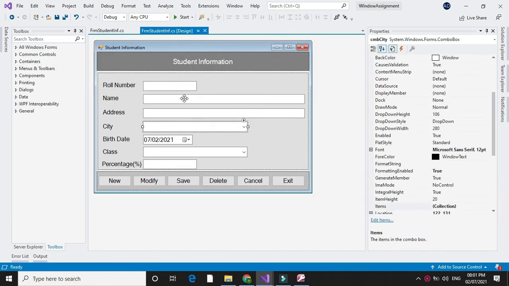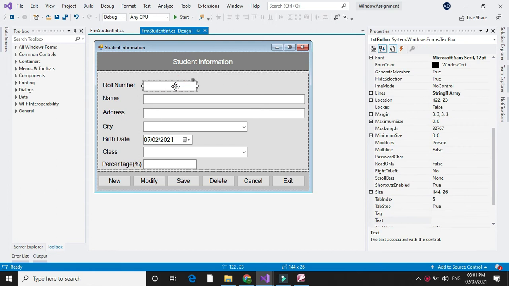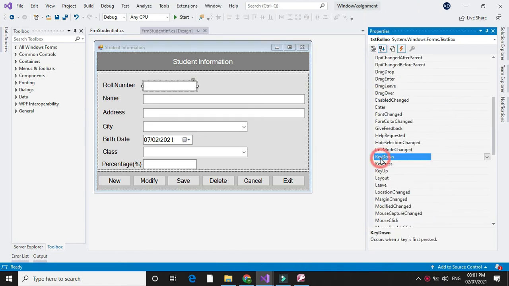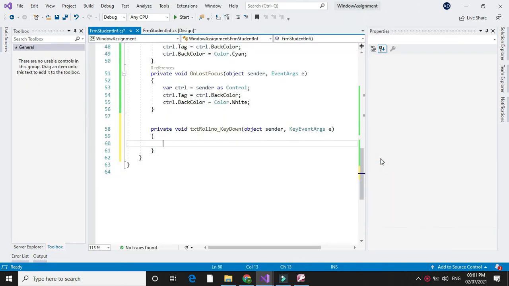Now we will write the KeyDown events. For roll number we will create the KeyDown event, and here we will check if e.KeyCode equal to Keys.Enter, it will move focus to txtName.